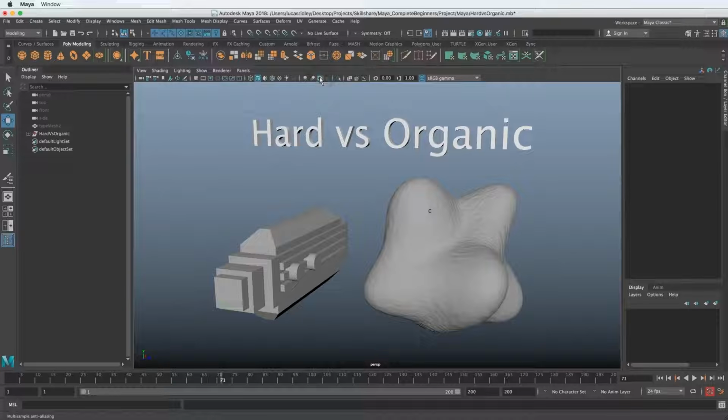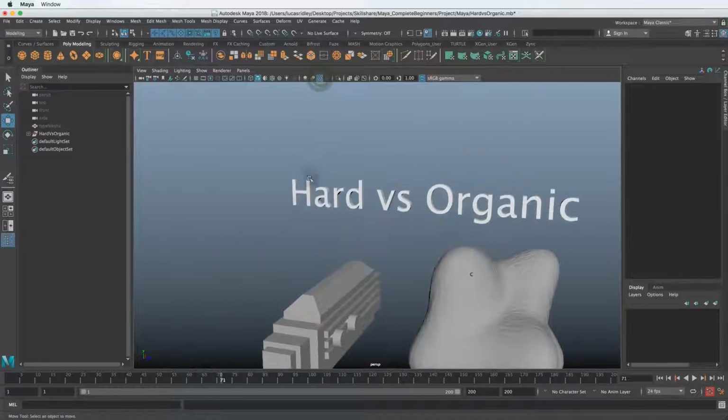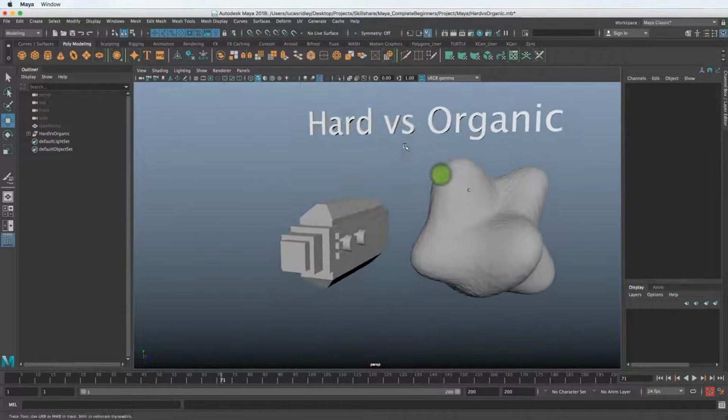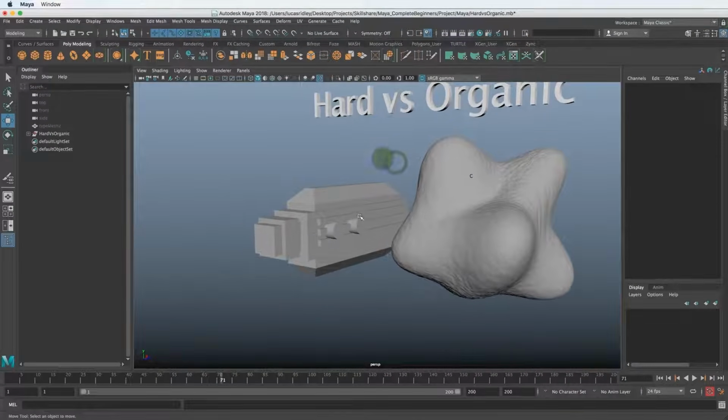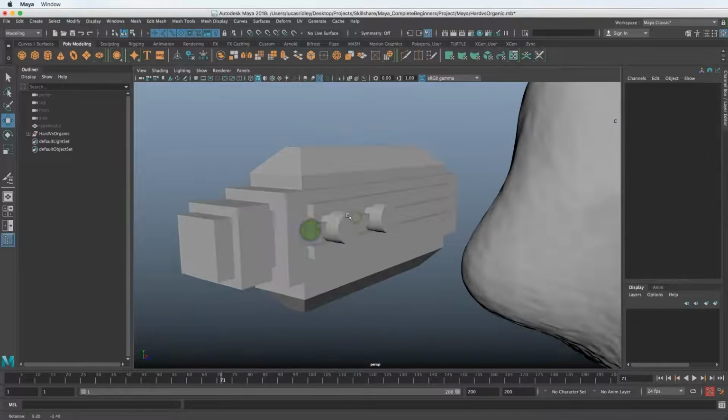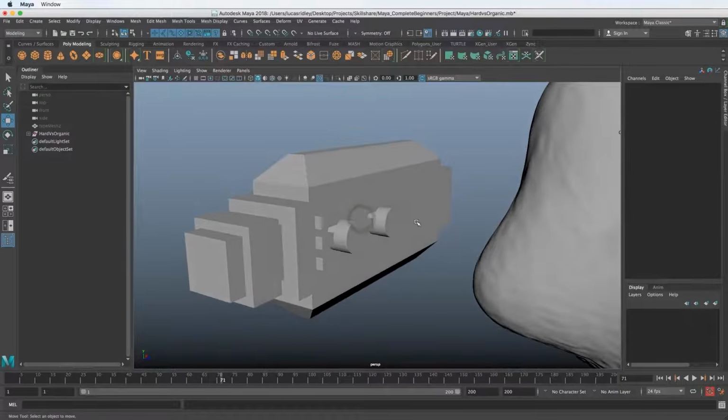So if we press that, and you can follow along and do this in your viewport, you can see that this is just for us. This doesn't affect the final render or the model itself or anything like that. This is just to make it easier on our eyes as we're using Maya. So I like to turn on anti-aliasing, and I also like to turn on the ambient occlusion because you can't really see where these lines and gaps intersect on this model very well. So if we turn on ambient occlusion, watch this area right here where there should be lines popping up, but we can't see them because they're all facing the same direction.